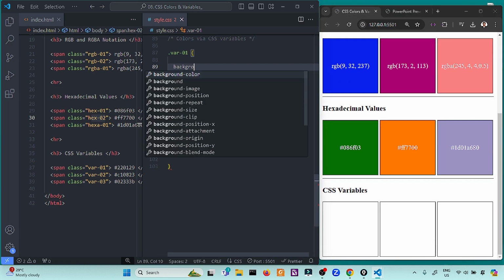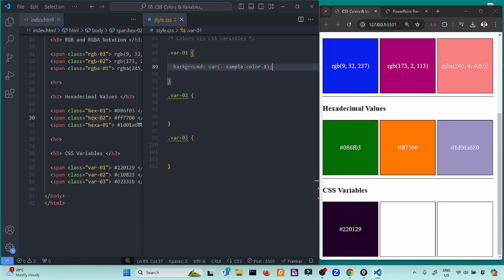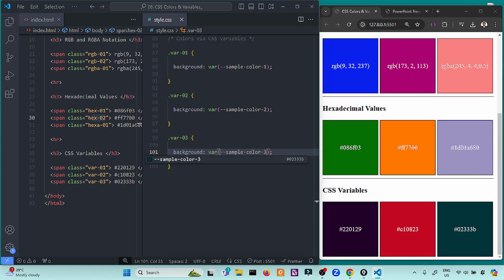We have a background, so we will use var and the name of our variable. In this instance, we have sample color 1. This one is 221129, if I'm not mistaken. If you copy this one, so sample 2, we have a background of sample 3, such as this one.